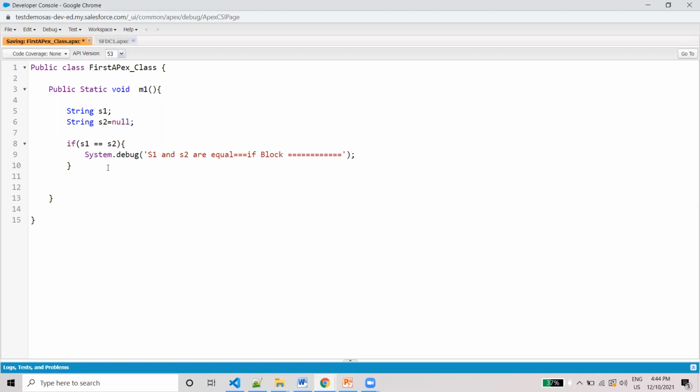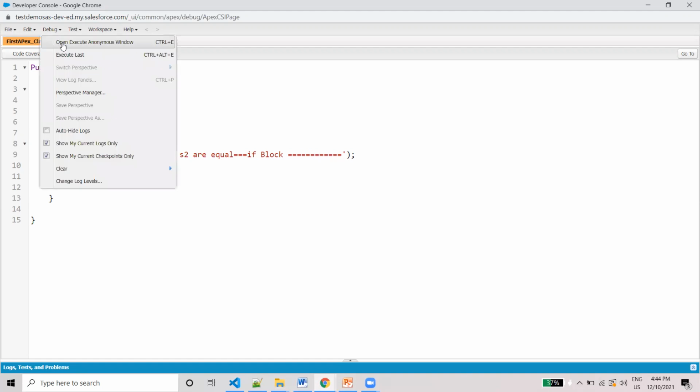First we will discuss this one, whether it is showing true or false.